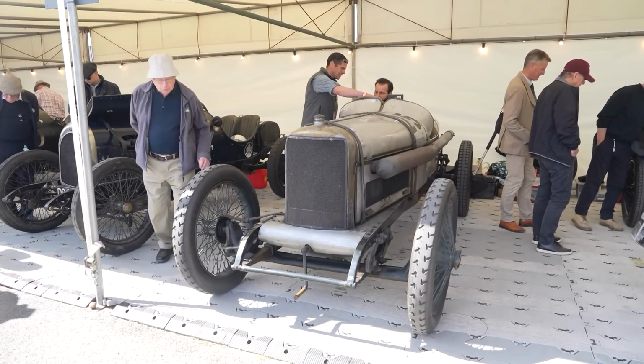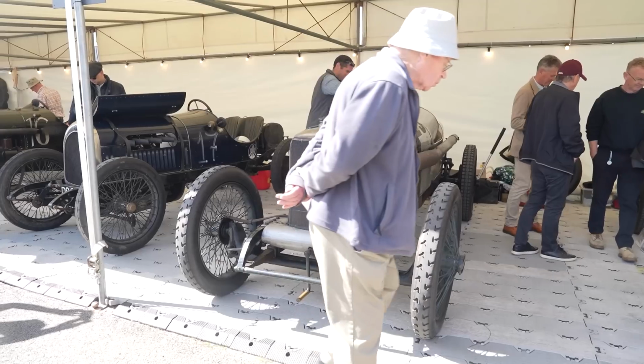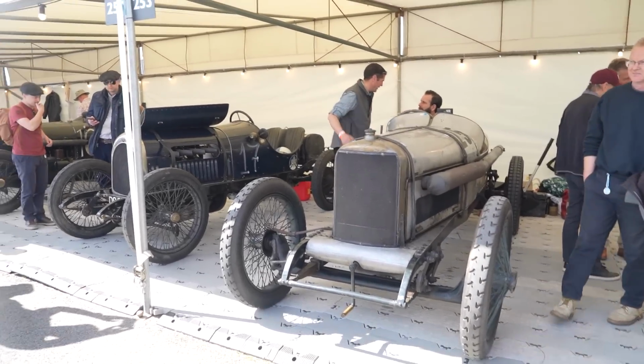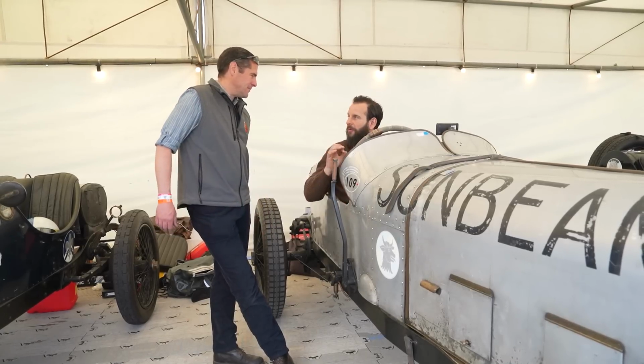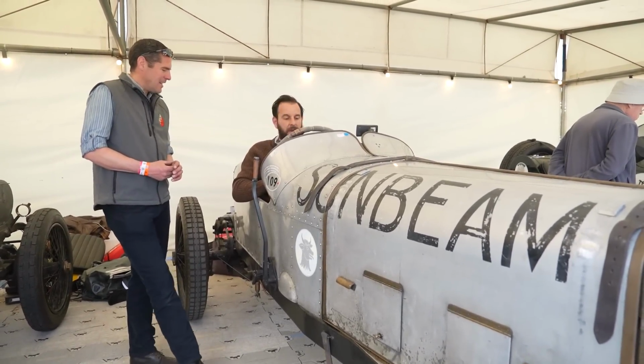So basically, you start at retard, which is about there, and then you run it full advanced. And the other one is a hand throttle, which is basically for picking up the idle if you want to warm it up. It's just sorted, isn't it? It's just dialed in. Yes, and that's why you're at the front, because it's not just a new car that's...